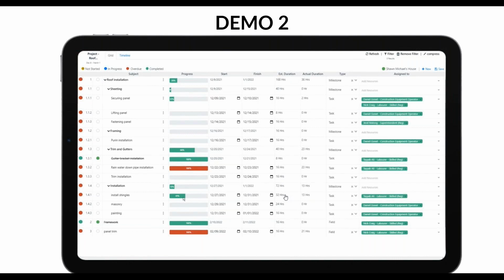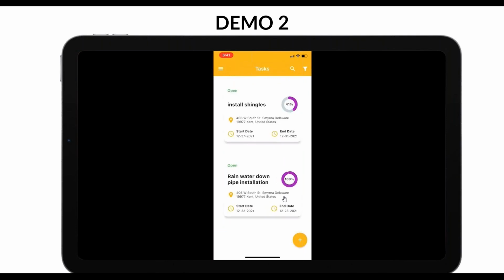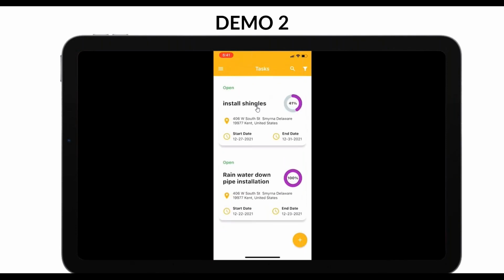So it kind of added those 9 hours in there. It enhanced the progress on that. And I know that I still have work to be done in here. So I'm going to show you again. I refresh in here. It refreshes this. I'm going to go to install shingles again as a task. And I'm there for the second day. And I want to show you how I can quickly complete that task.